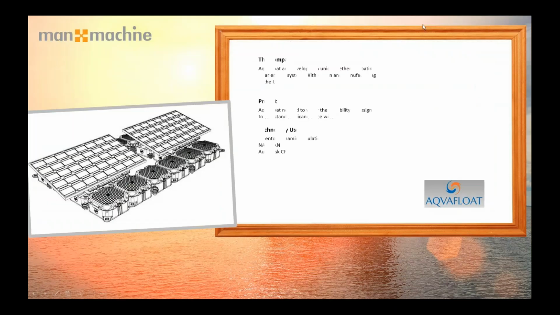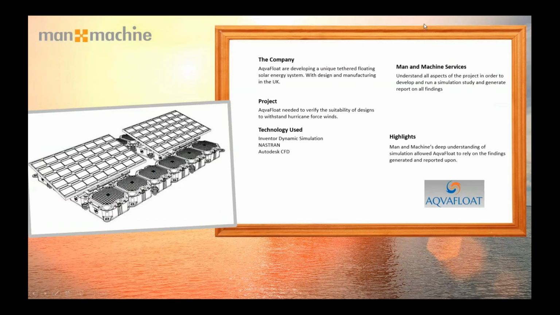Another one of our customers, Aquifer, make these floating solar panel systems that float on the sea, and they wanted to be able to test whether it could withstand hurricane conditions, and used us to prove or disprove, actually disprove, that this thing would be able to withstand winds of 150 miles an hour,